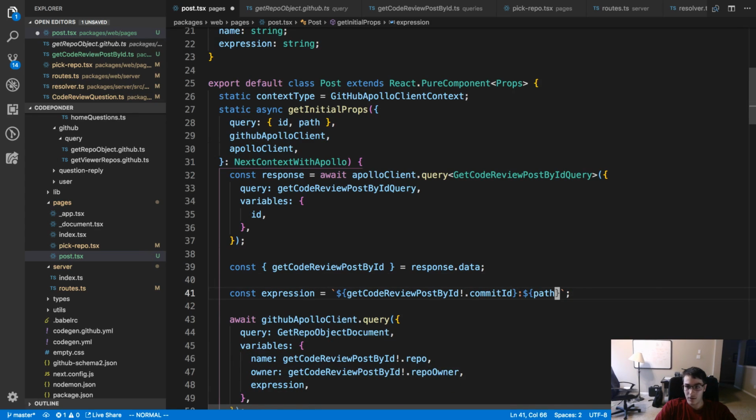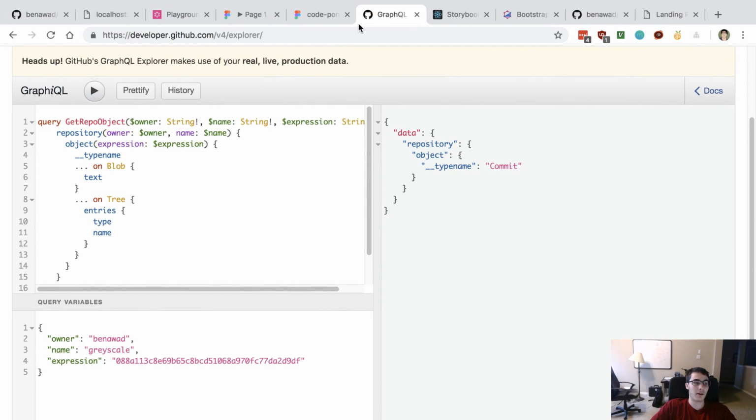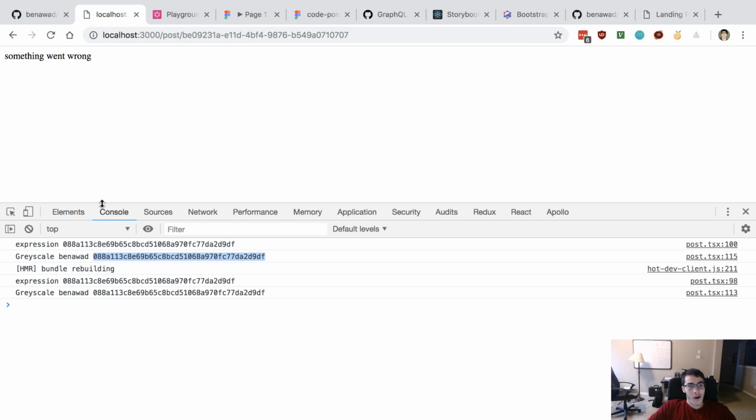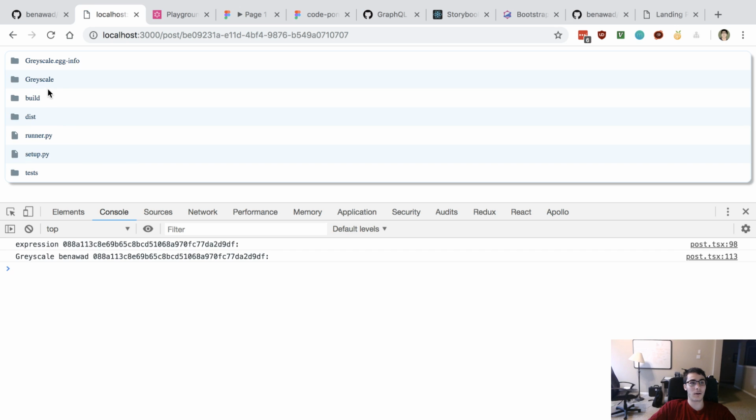Get rid of that. Okay, so we're just going to say path or an empty string, which is what we had a couple minutes ago anyway. And we'll see what that looks like. Cool. So this is what I wanted, where we're actually fetching the repo. Perfect.